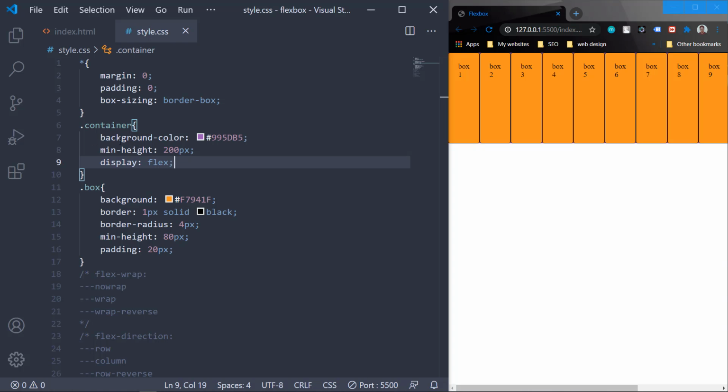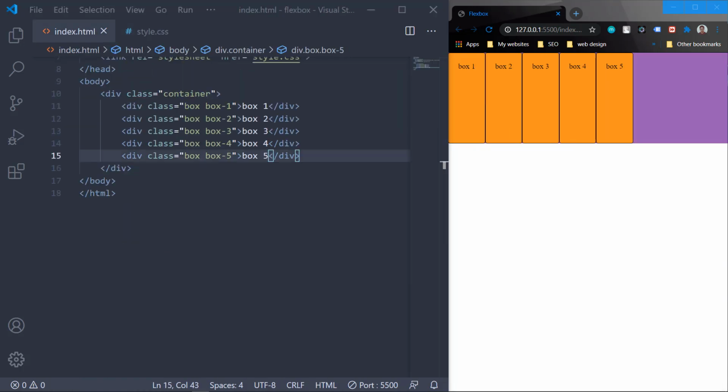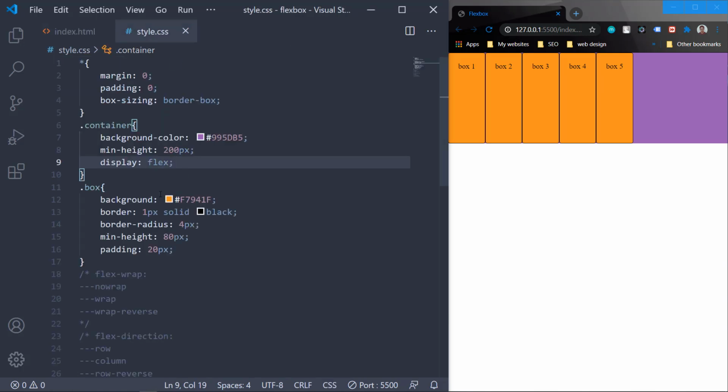This is actually a very important concept. Justify content and align items, these two are compulsory to work with Flex. The justify content property defines the alignment along the main axis or the Flex axis, which in this case by default is the row, or along the x axis. It helps to distribute the extra space that is left over. So let's try it practically and see how it works.